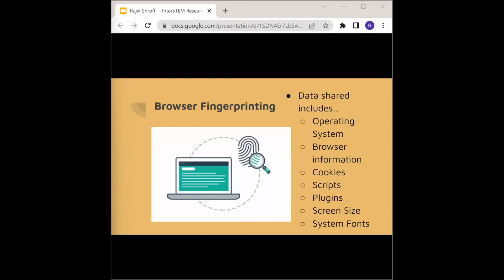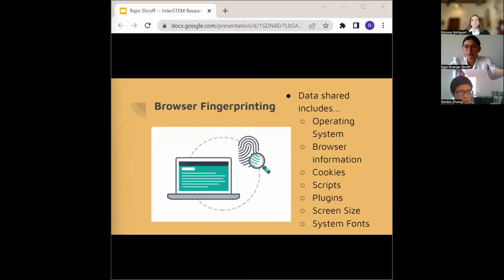Additionally, other data about the user is also shared, like what operating system they're running, their cookies, the plugins they have installed on the computer. And when all of this data is combined, it actually uniquely identifies a user. And then third parties are allowed to target specific ads to the user and also track the activity of the user across the internet, which is a breach of privacy. And the term for this is known as browser fingerprinting. And in my research, I took data that directly measured how unique a browser fingerprint is depending on the browser used.